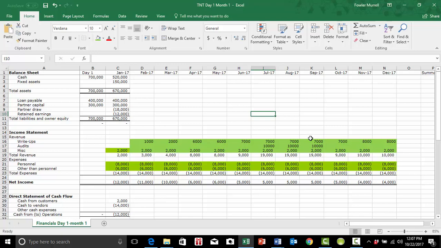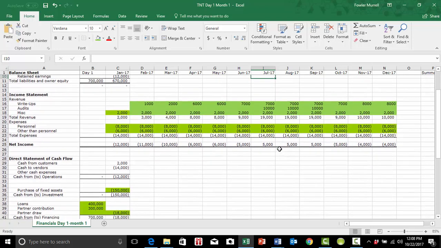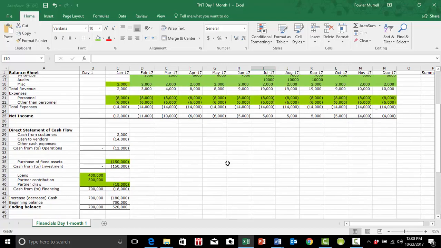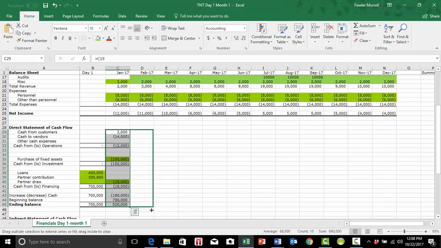Okay. Income statement is done. All right, that's the total income statement. Now the next thing in line to do is the statement of cash flow. So can we drag this all over? All right, let's see what happens if we do this. If we drag the whole thing over, this last column over, drag it over one block,